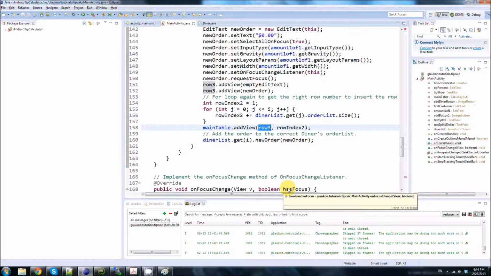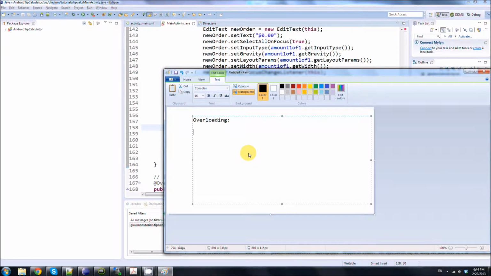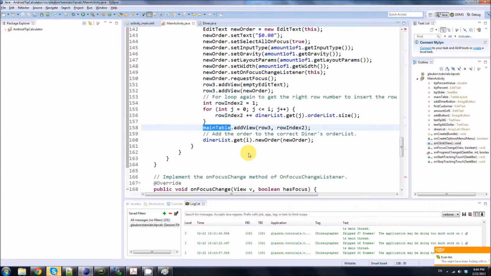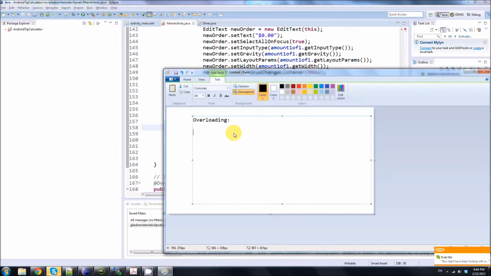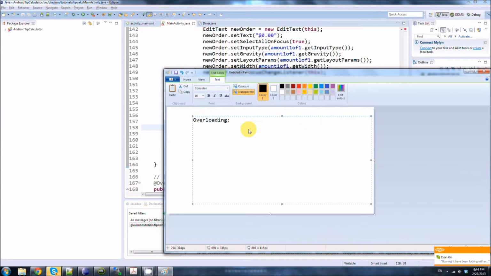So the first argument is just whatever thing you're adding, and the second argument is where you want to add that thing, the position at which you want to add that thing. And if you don't put the second argument, it'll just put it at position number 0, so it'll add it as the first element of whatever you're adding it to. Now, that appears to mean that you're using 2 different versions of one method, and that's true, but the real thing that's happening here is that